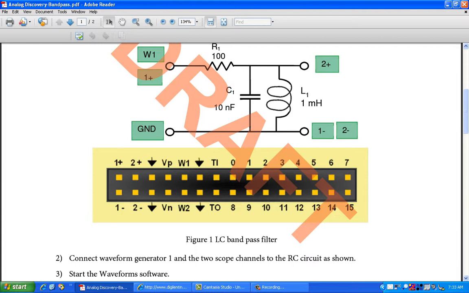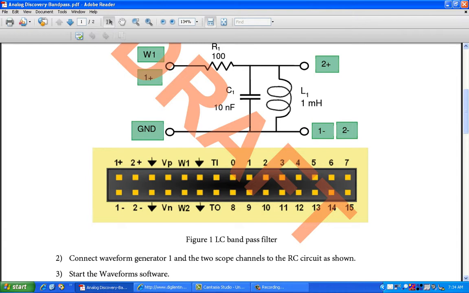So you rig up this circuit as per the circuit diagram shown over here on a solderless breadboard, and ensure that you connect your Analog Discovery Kit's appropriate terminals to the circuitry.